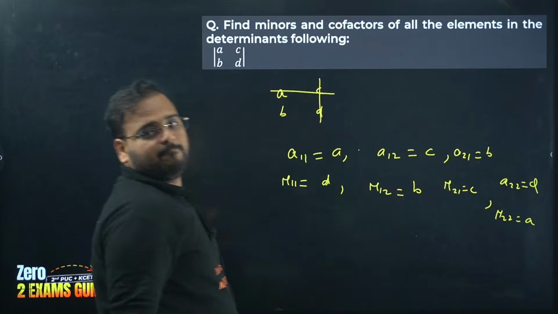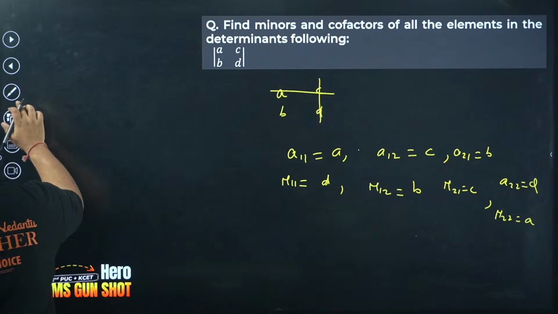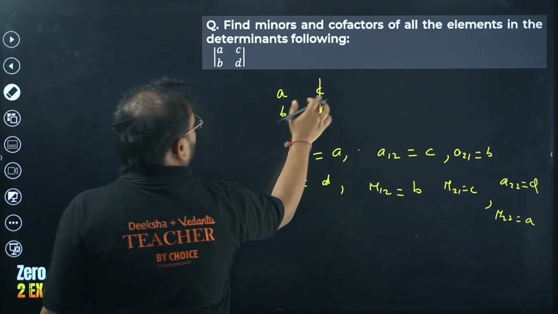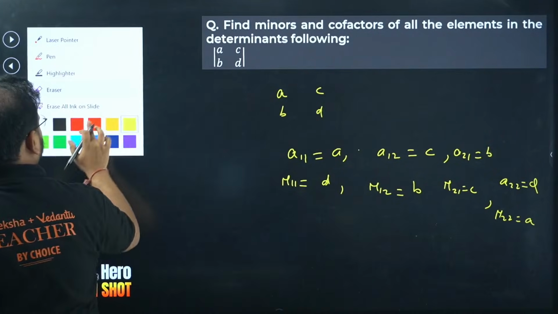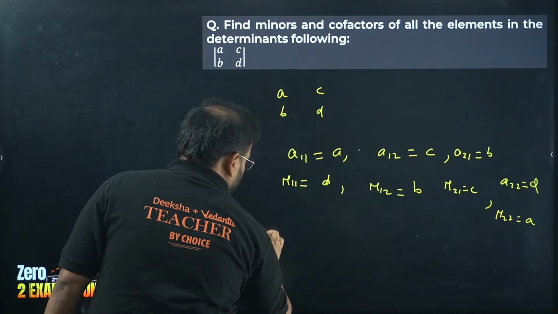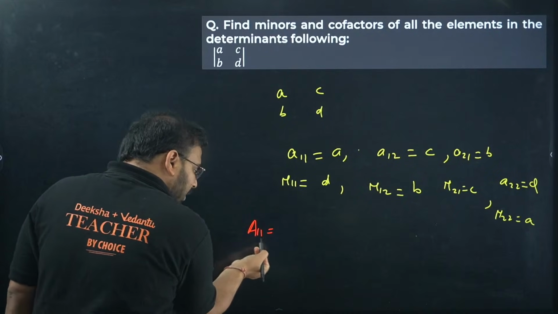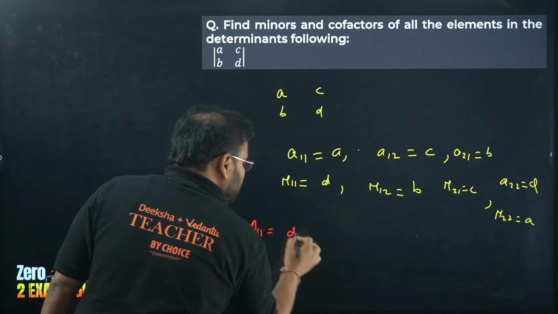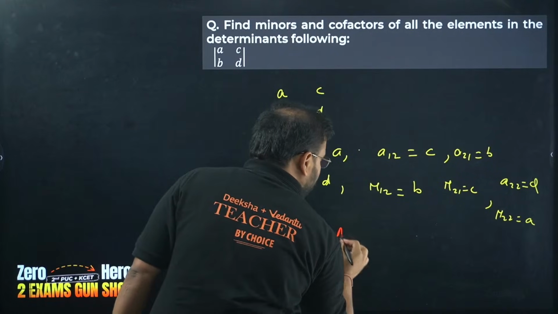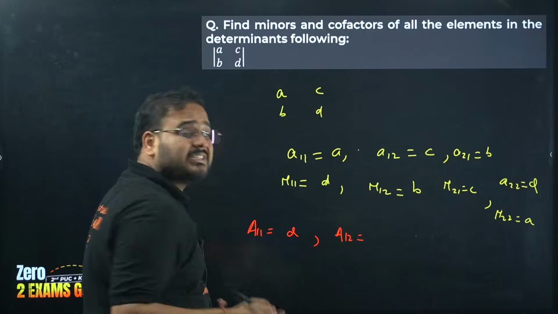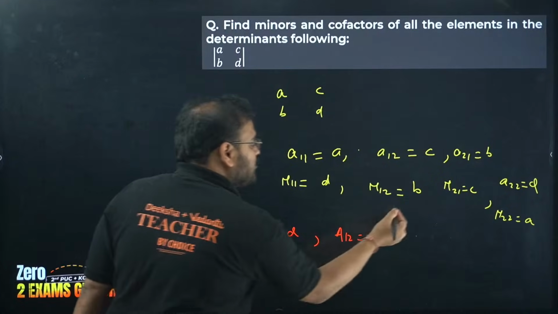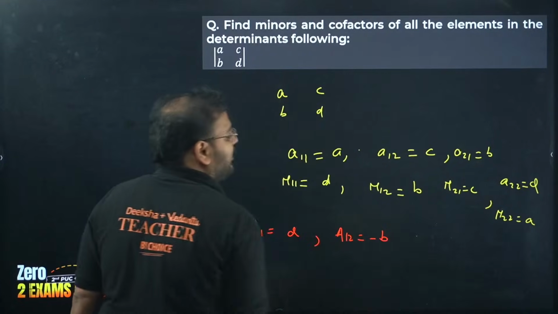will be A. Okay, now if you go and ask your values for cofactors, let me write this as A11, check here. So A11 is even or odd? 1 plus 1 is even, sir. It will remain same as D. Go ahead and write this A12. 1 plus 2 is even or odd, sir? It is odd. 1 plus 2 is 3, which is odd. So sign changes from B to minus B.